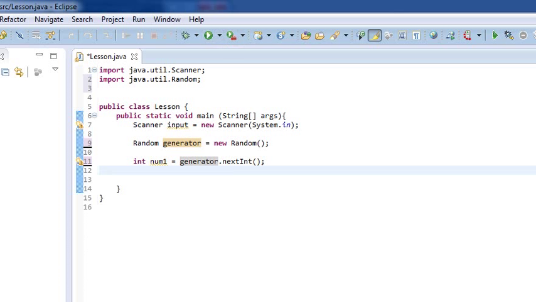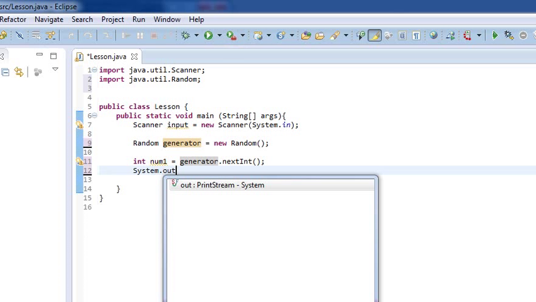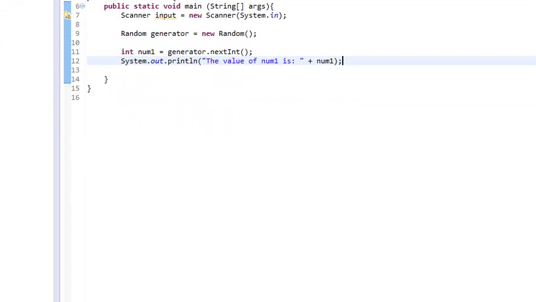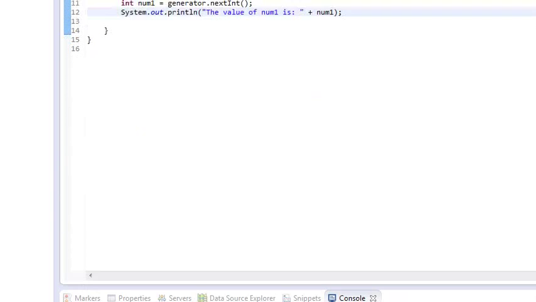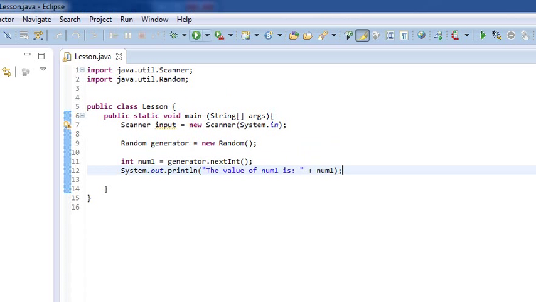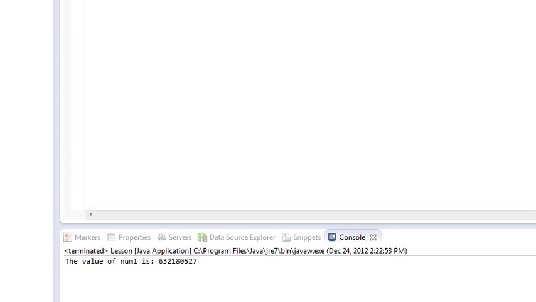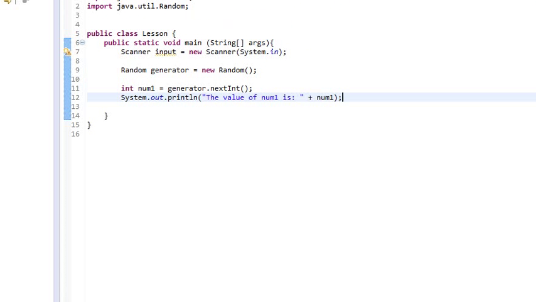What I want to show you guys is System.out.println, and we're just going to do "The value of num1 is" plus num1, semicolon. If I run this, you'll notice that I get a gigantic value, 3730. These are very high numbers. If I want num1 to be a little bit more friendly,